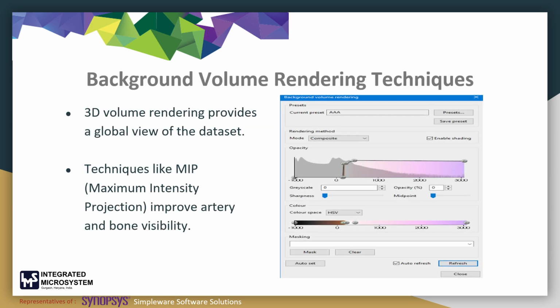Background volume rendering techniques allow you to visualize the 3D anatomy while preserving contextual grayscale detail. This is especially helpful when interpreting vascular paths in relation to bones, muscles, or surrounding tissue. Simple way supports multiple rendering styles: